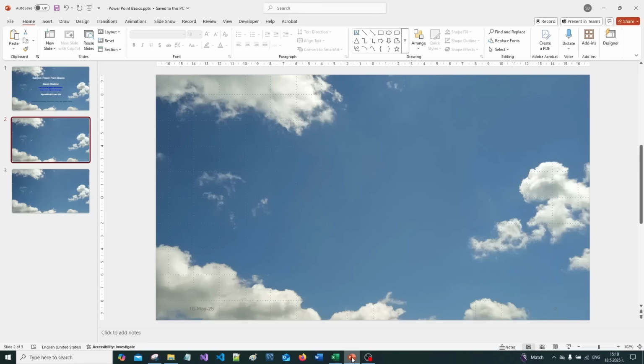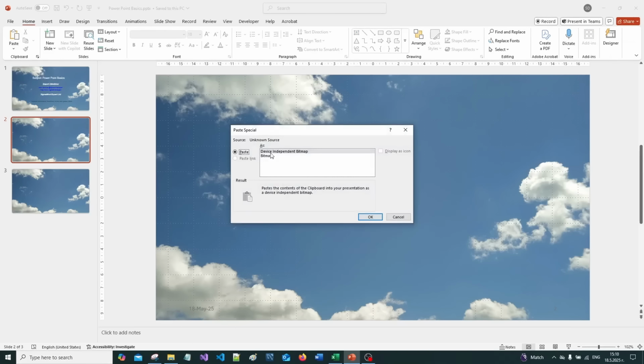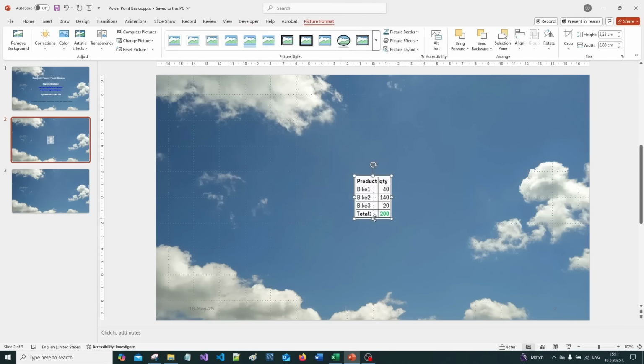Then you can go to your PowerPoint presentation, select the second page, and click on the paste menu here. Select paste special, and here you can click bitmap. Press the OK button, and now you can see that we just inserted the table which contains data about the